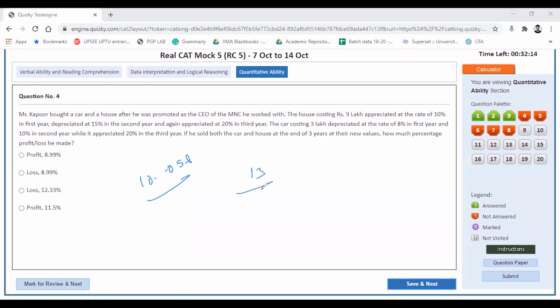Okay, and the initial investment was anyway 9 plus 3, 12 lakhs. So 1 by 12, and this is 8 point something, not to the north of 8.67. I would quickly choose the option as my answer and let me check it. I don't really need to calculate the exact values to choose my answer.